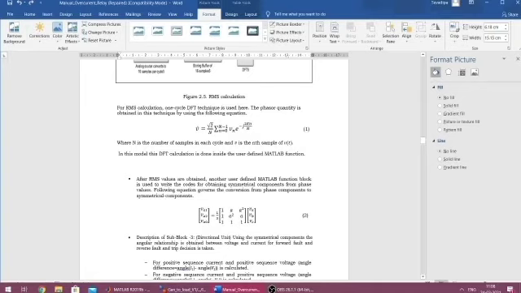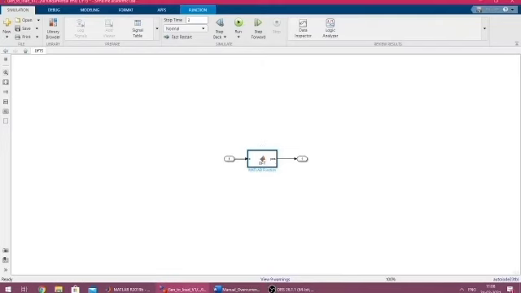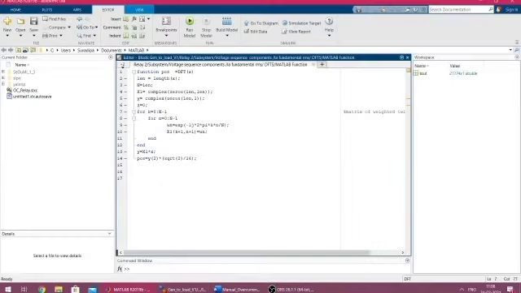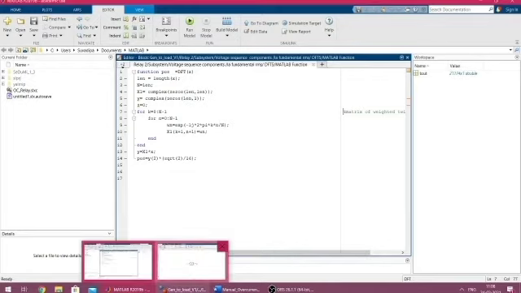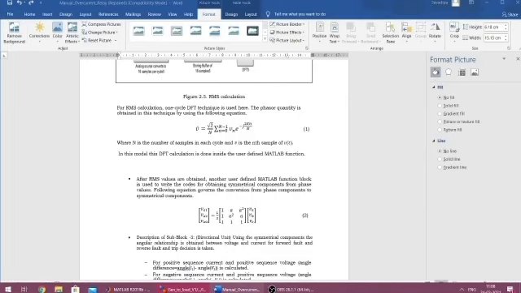This equation has to be coded in the MATLAB user defined function that we have done inside this block. First of all, we defined some matrices, then we have used two for loops, one to change the cycle, that is the window, and the other for loop is used to calculate the summation. And here we have defined the equation, that is equation number 1.